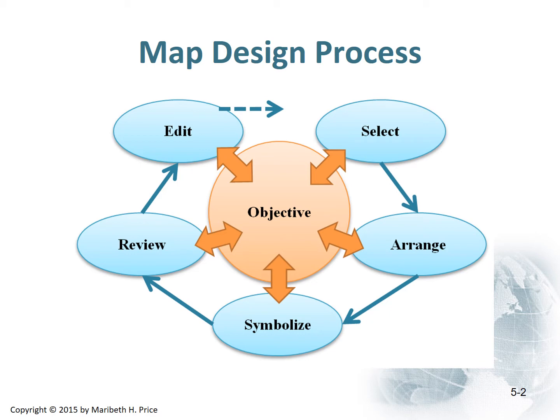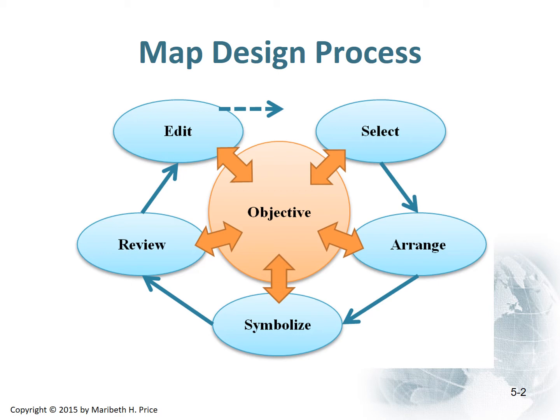We're going to start out with an objective. That objective is going to lead us to select data, which we will then arrange based on our objective. Once we arrange that data, we will symbolize it based on our objective. That will lead us to a basic output of a map, which we will review relative to our objective. And we will figure out things that we like and dislike about it, and we will make changes. In other words, we will edit based on our objective and start the process around, because once we make those